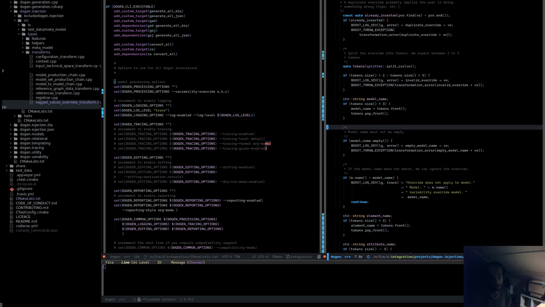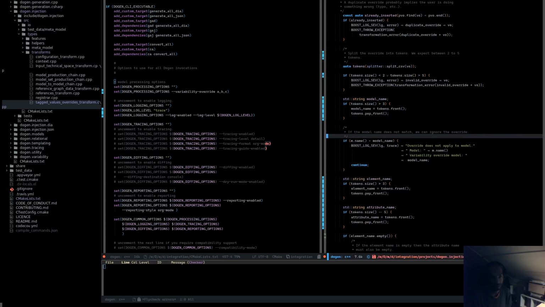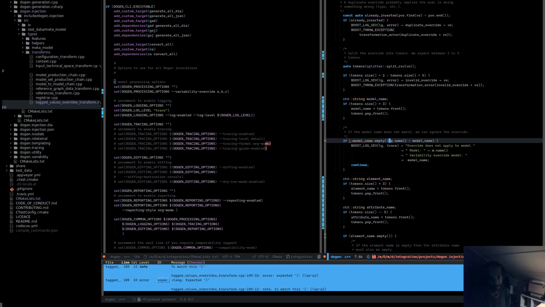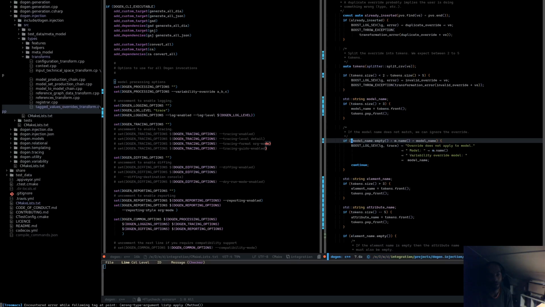So we will just basically say either, yes, we can say something like if model name is empty, if not model name.empty, and model name is different from the model name. Well, in fact, we don't even have to worry about empty there. So if model name is not empty